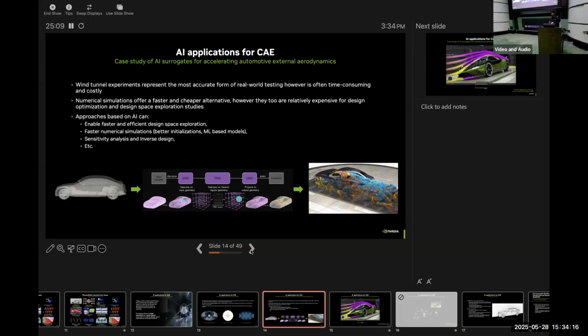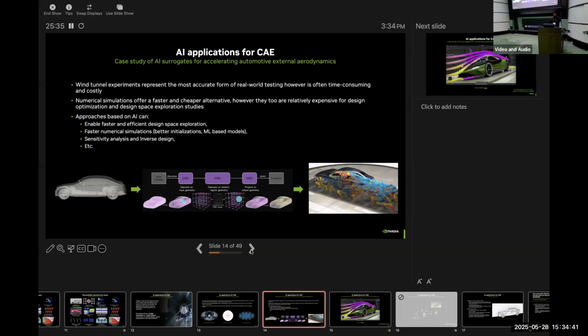For this specific problem, the boundary condition information would be the speed at which the car is traveling. You want to get to the final state, which is the flow field around the car, and you want to do that as fast as possible. Numerically, you would discretize this and solve the equations, and we'll see how these AI models can do the same.